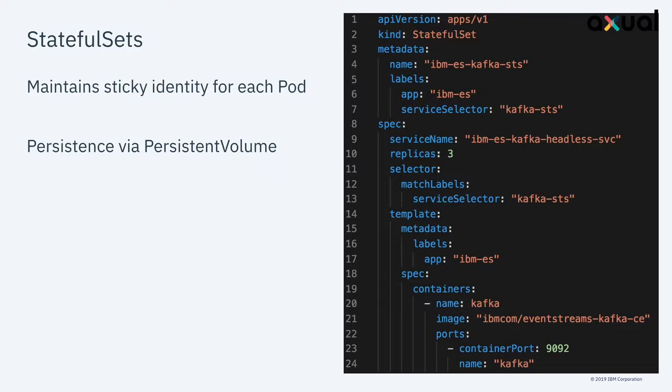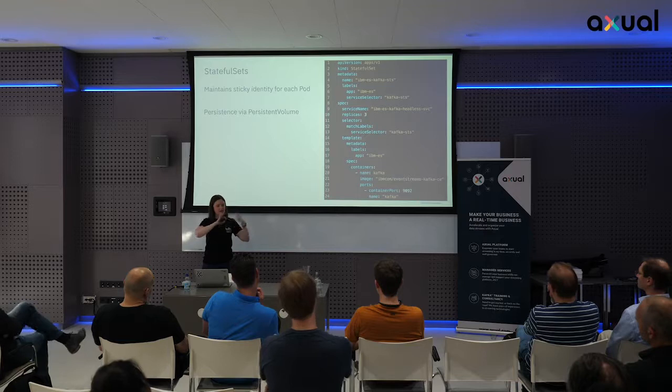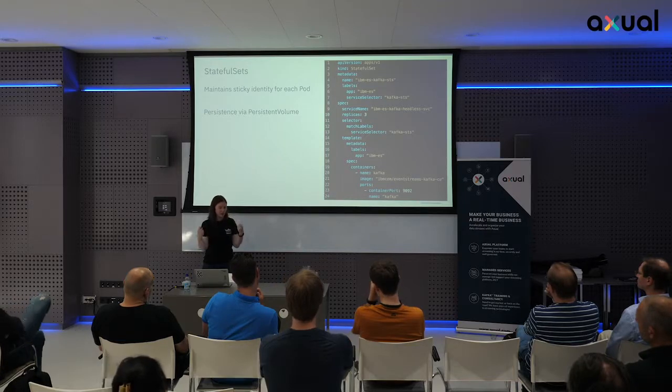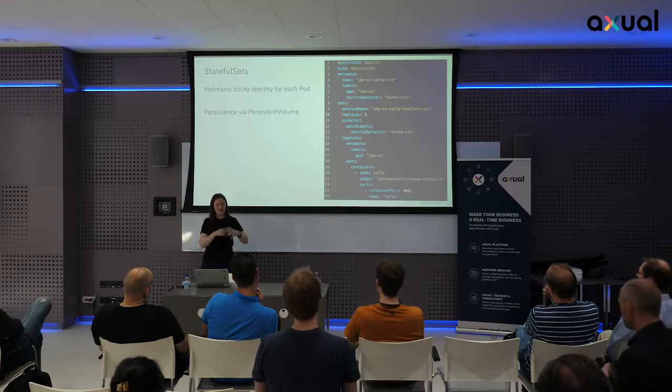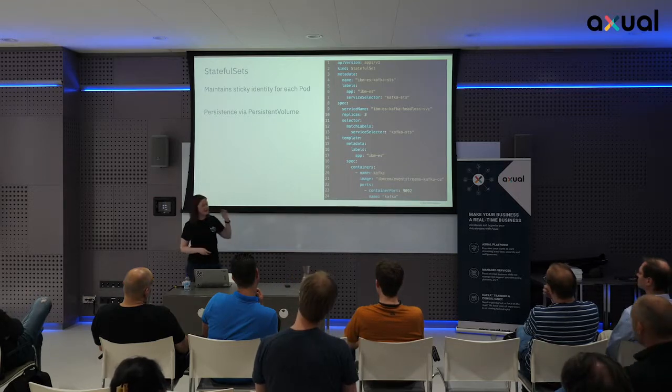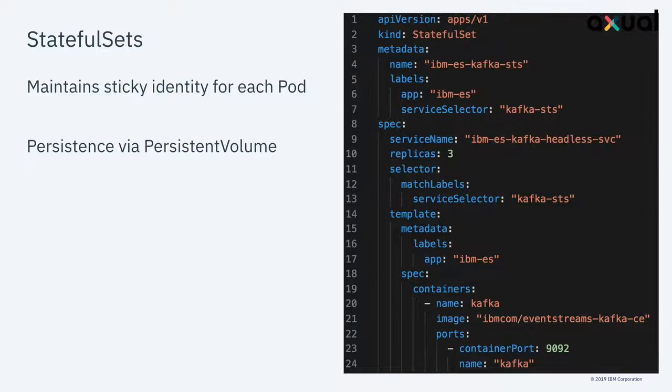So they have persistence via persistent volumes. Although Kafka does a lot of its recovery by having replication, it is good to have a backup so that you can pull the data back from storage if needed. That's where these stateful sets and persistent volumes come in. We also make use of this for updates, because stateful sets have a nice way where if you do updates, you can bounce one pod at a time rather than bouncing everything.